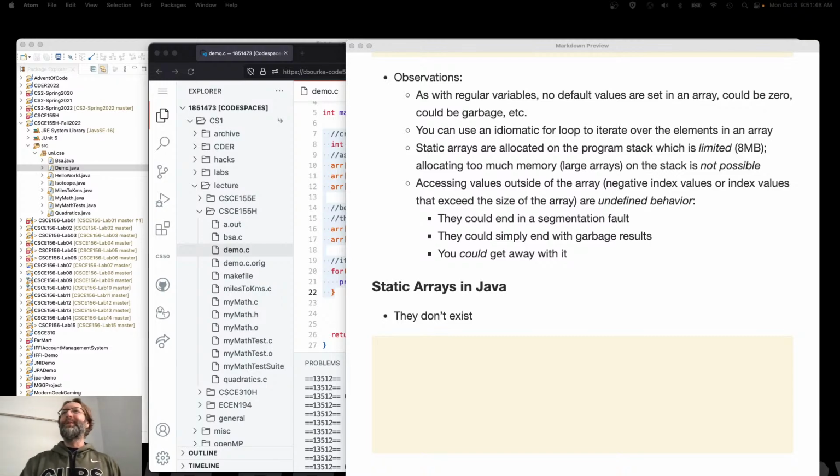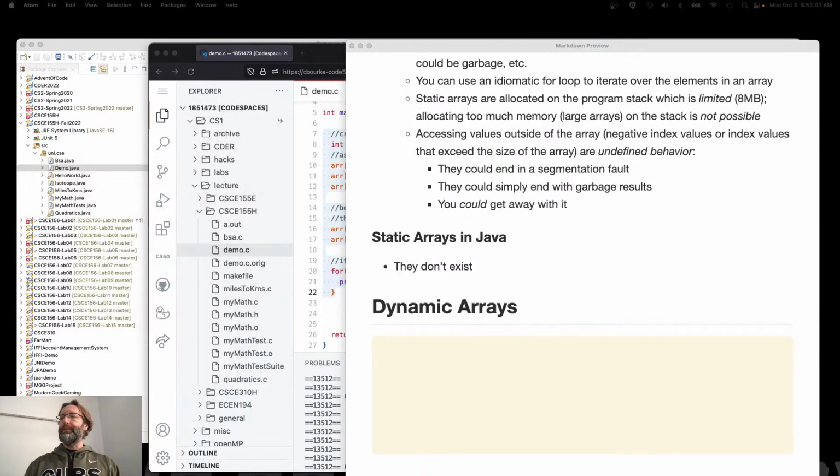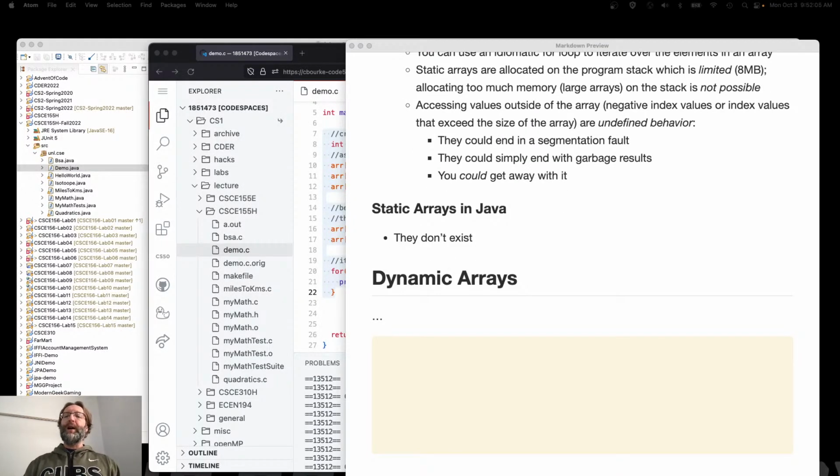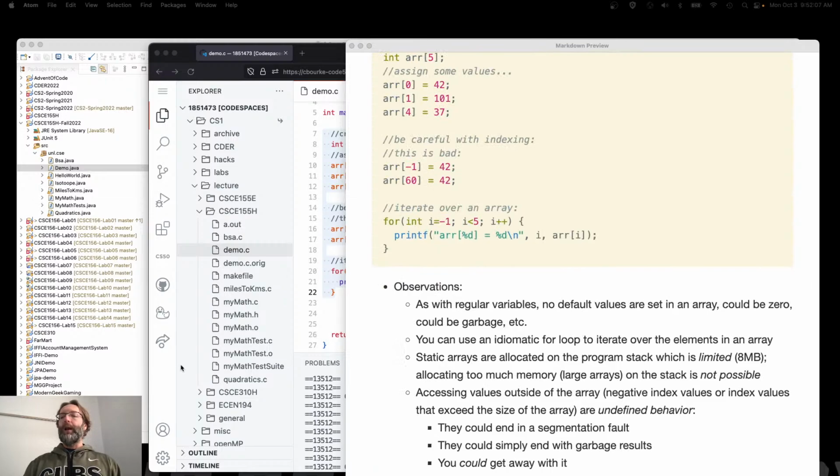Don't worry about them, right? We're going to get away from static arrays almost immediately here. And why? Because Java doesn't even support them, right? So instead, what we're going to want are dynamic arrays. But before we do that, let's come back up here to static arrays and look at some very limited